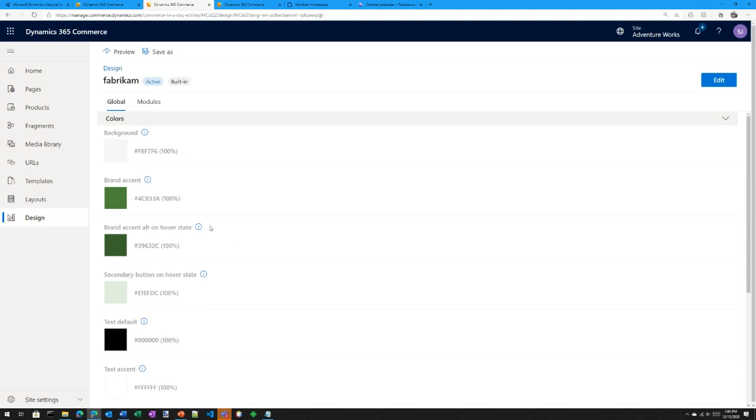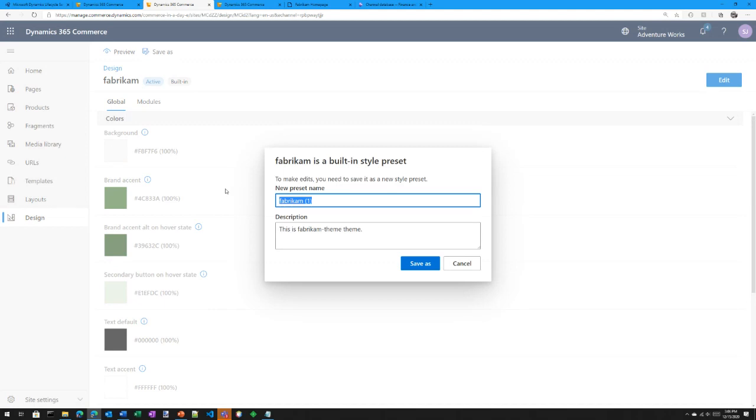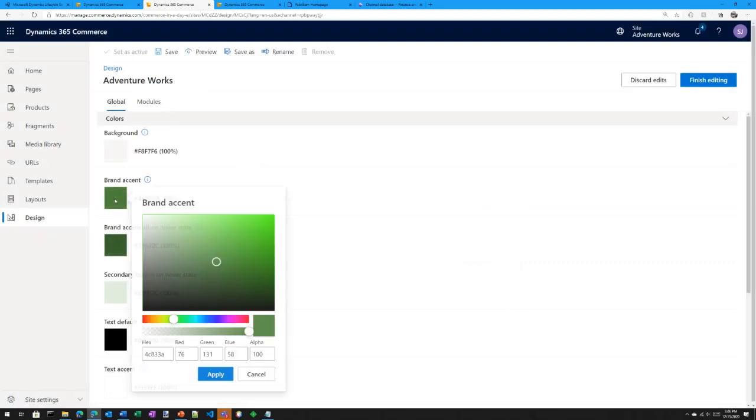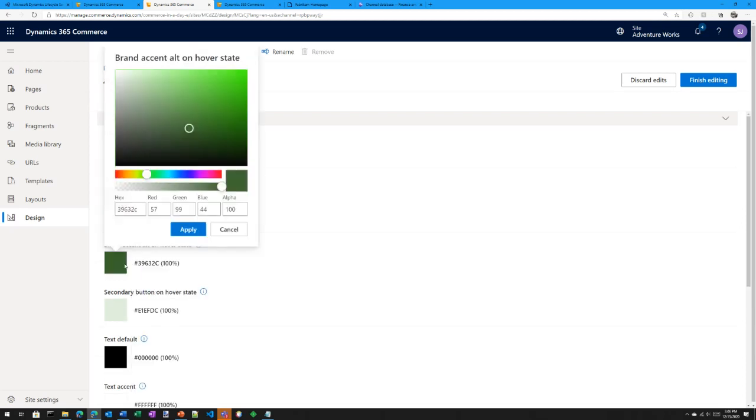We can't make changes to this one directly, but instead I'm going to save it as a custom one, and you can create multiple ones, AdventureWorks, and I'll just hit save. And now I can start doing some customization here. So why don't I grab like a purple accent color,